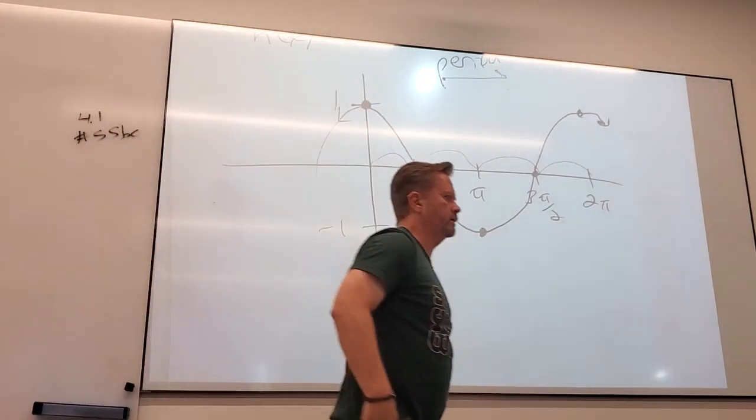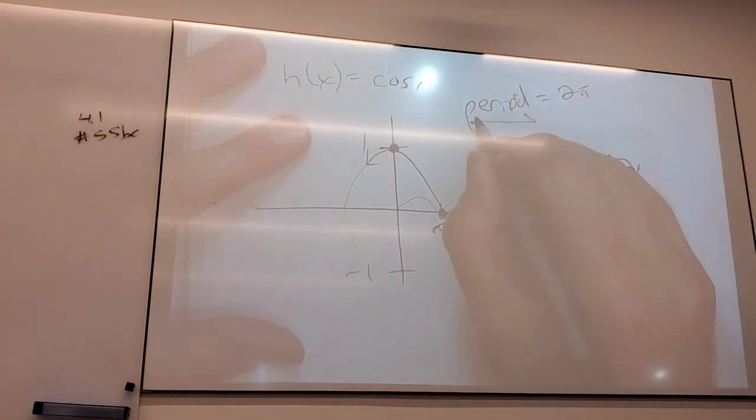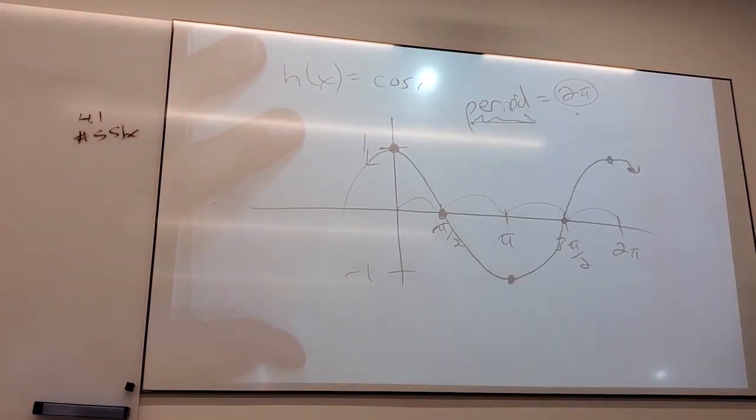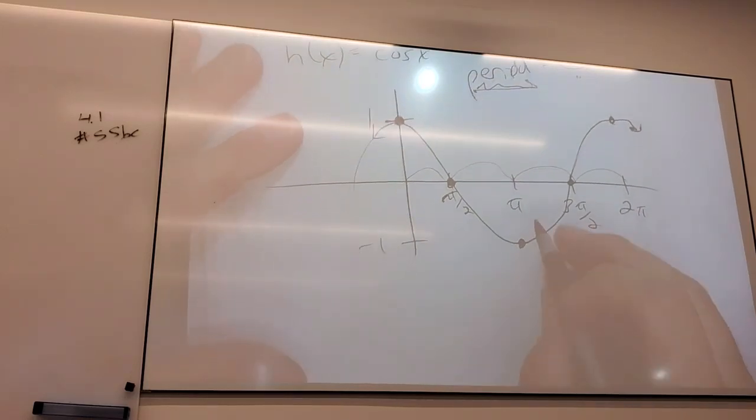So we'll get back to what makes that happen in a minute, but here's the idea with the step size. The period's 2 pi because that's how long it takes for a cycle to be drawn. So whatever the trig function we're looking at, the period will always be how long it takes to get through one complete cycle. Okay. The step size,